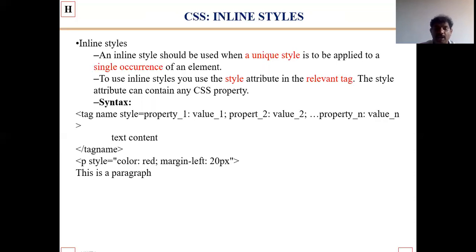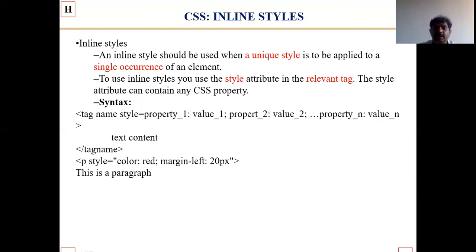See how the syntax is: style is equal to property. For example, a person wearing a dress in red color, he used a red color dress in the function. The property is color, the value is red, because he used the red color in the function.